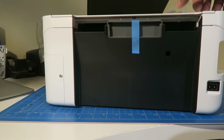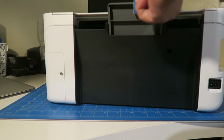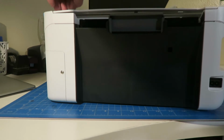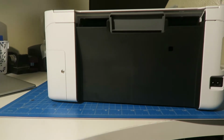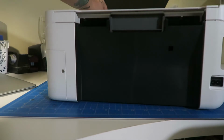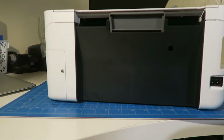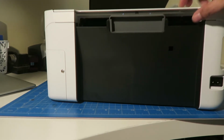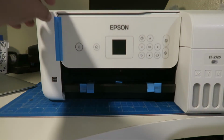It's actually a lot smaller than I thought it would be, but I'm just going to remove all the blue tape that's on it. Just make sure that you find all the blue tape and remove it. Now from the front,